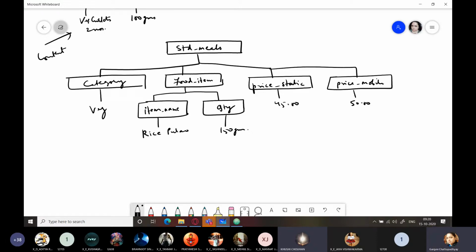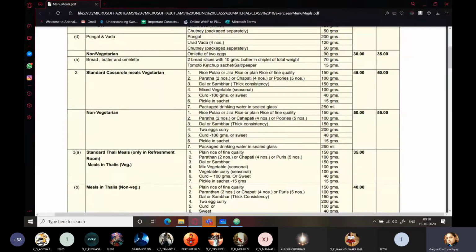Okay. Yes. One sec. Let me think. We have food item here now because you can choose which combination you want. Like you can go for this combination. You can go for jeera rice, 5 puris, and rest is the same. Choice is only within these, right?